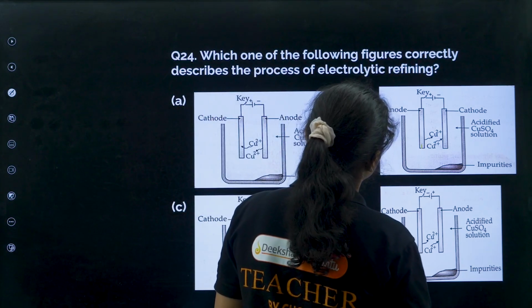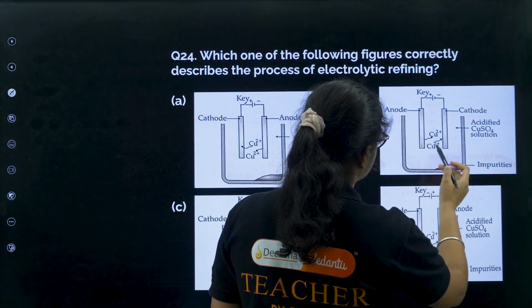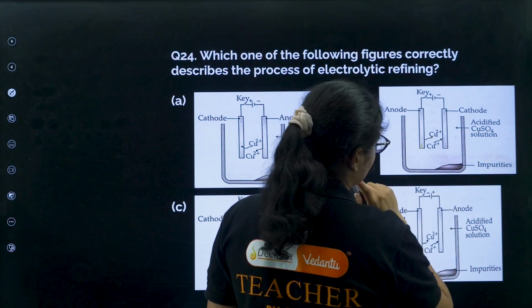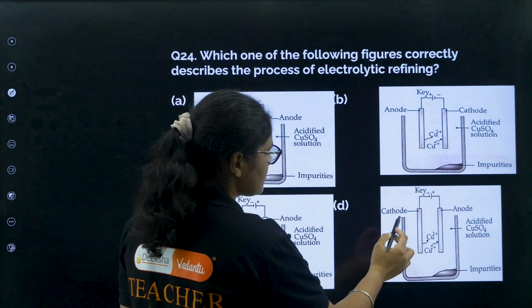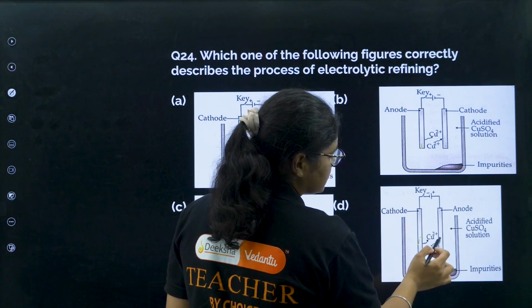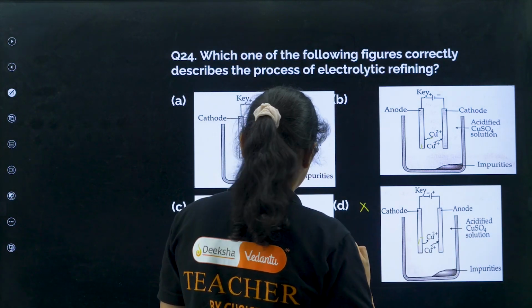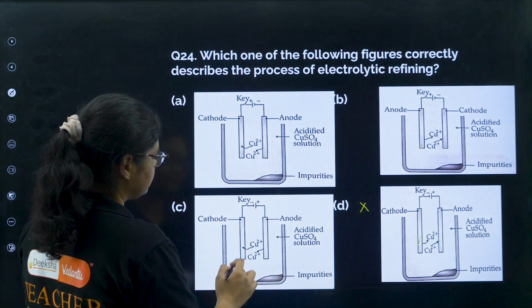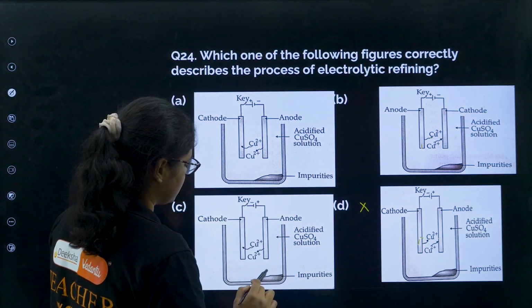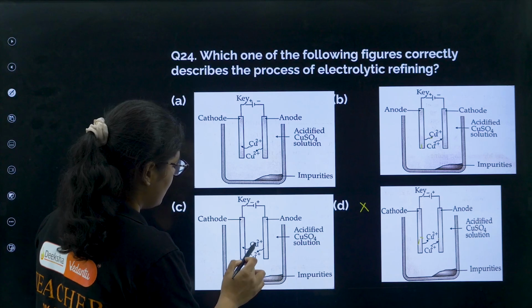Okay, anode and cathode is taken. From anode there is release and at copper there is deposit. Okay, let us check this option. Here also this is correct, but in cathode there is release and anode there is deposit, so this one will be wrong. And here if we see, cathode is negative, anode is positive, yes, then we have on the cathode